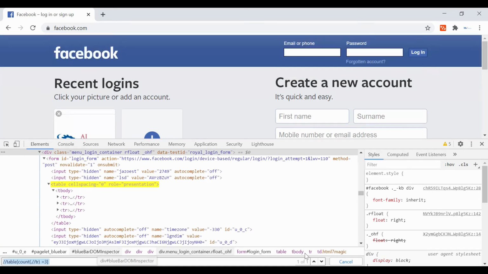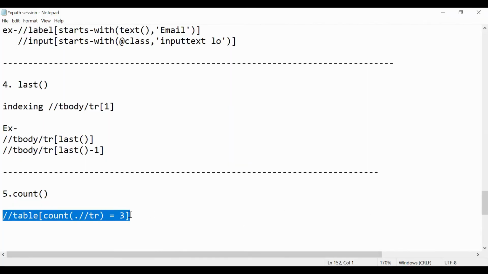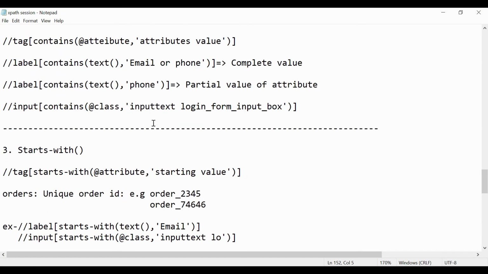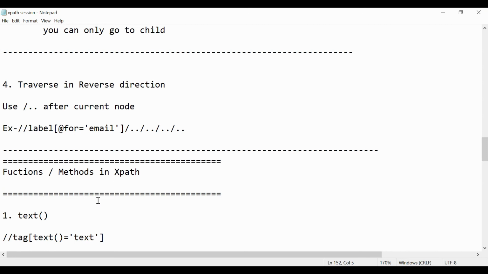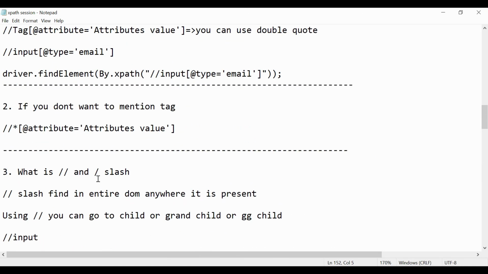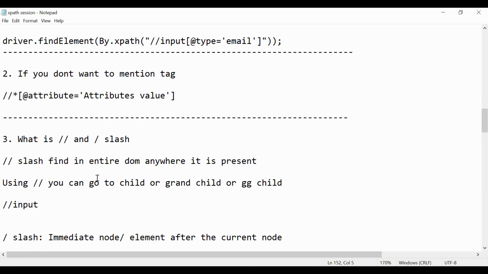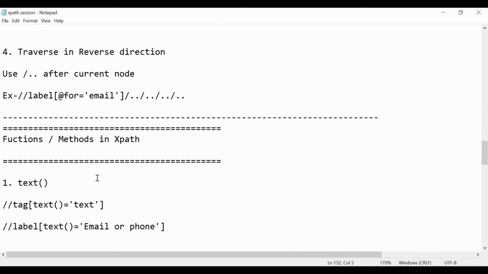I have already created it with just an example. All these examples we are seeing are on facebook.com.